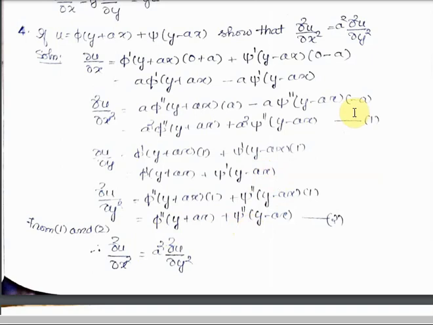Now if you compare dou square u by dou x square and dou square u by dou y square, there is a square extra in dou square u by dou x square. So dou square u by dou x square is the same thing as dou square u by dou y square multiplied by a square, which